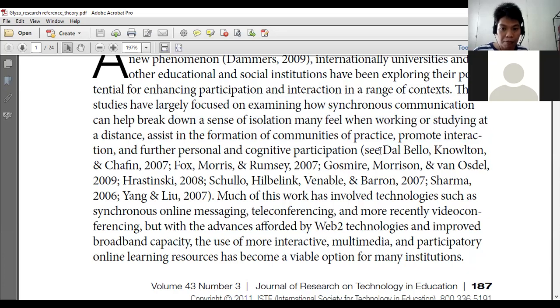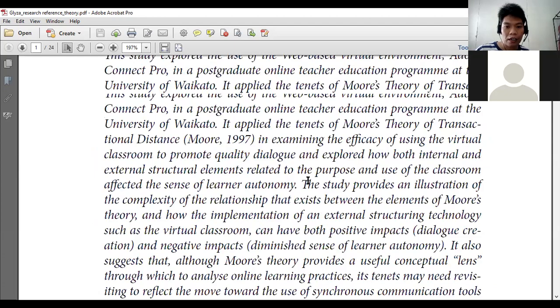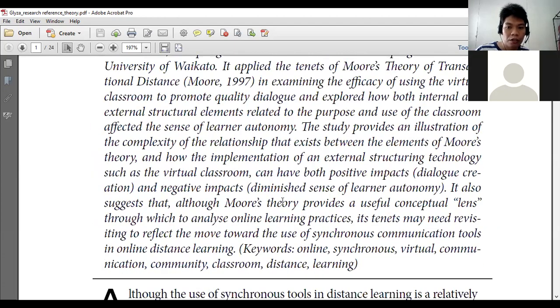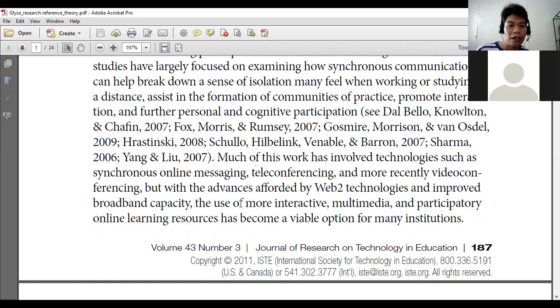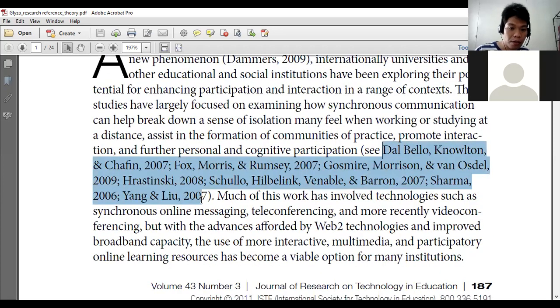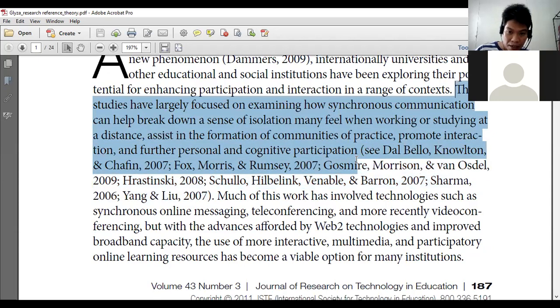Meaning, for example, Yang and Liu saw this statement in the article of Sharma in 2006. The second possible reason is that the author of this article, for example Fallon, gathered the different works of these authors and then summarized them in one sentence.